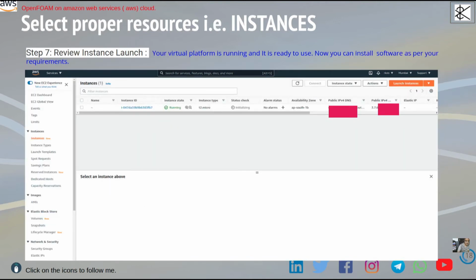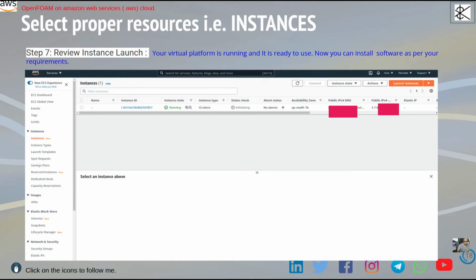After that is ready, like we have seen initially, when we start after login, you see the dashboard. If you click on services, then click on EC2, then you can see this board. So like this, my instance, whatever I have created, is running now. The next part is how we can access this instance. Basically your virtual platform is ready, like your local machine, your computer is ready to use.